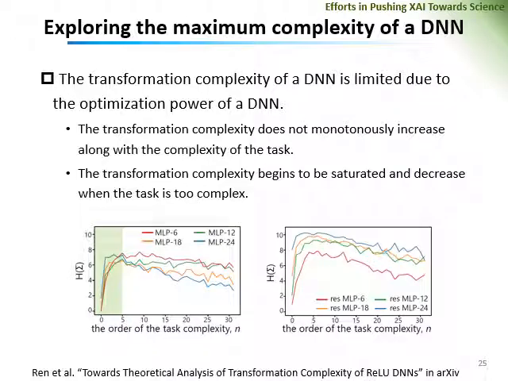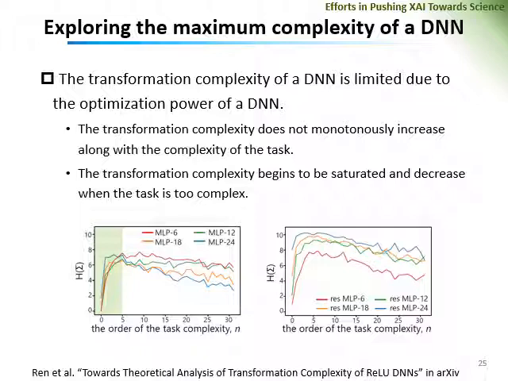Then we explore the maximum complexity of a neural network. When we use the same neural network to conduct different tasks, some tasks are simple, some tasks are very difficult. So we gradually increase the complexity of the task to check whether the transformation complexity encoded by the neural network also increases. We find that the transformation complexity does not